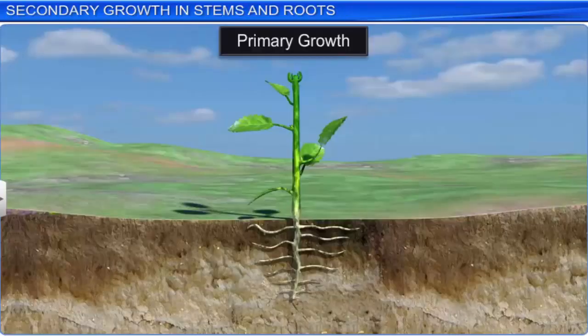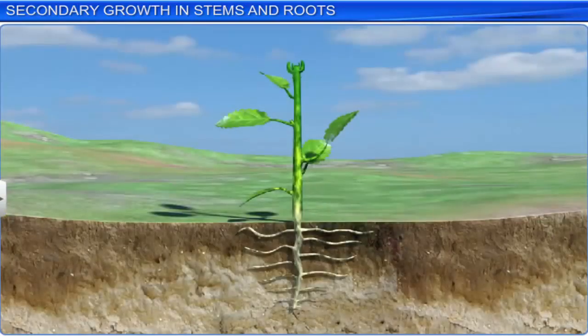The growth of plants is an ongoing process. Primary growth, which takes place due to the primary meristem, results in the lengthening of stems and roots. Another growth process begins after the period of primary growth and leads to the formation of the woody axis or an increase in the girth of the stem and roots. This is known as secondary growth.